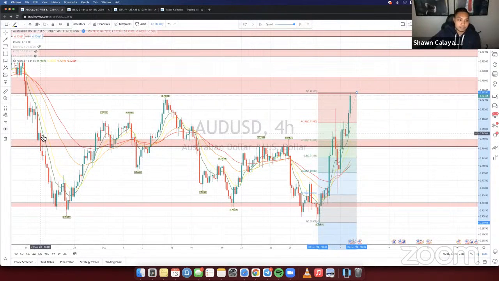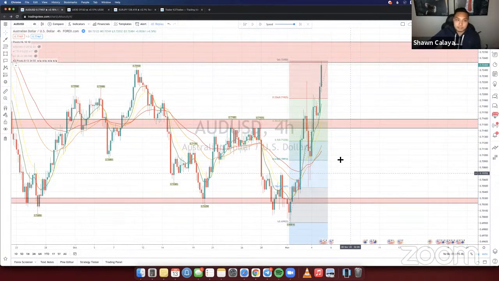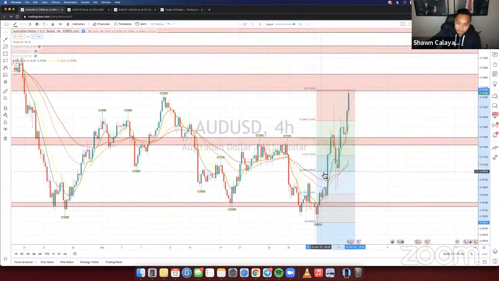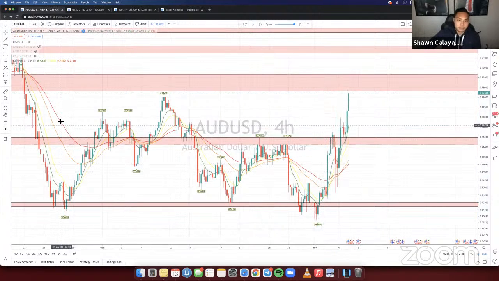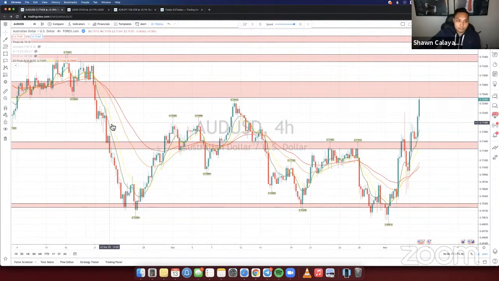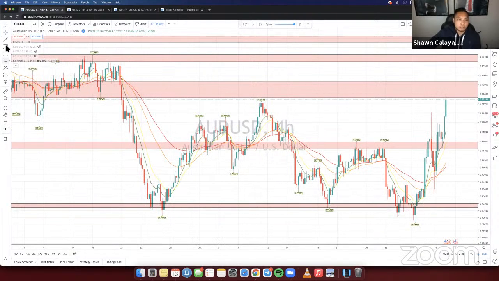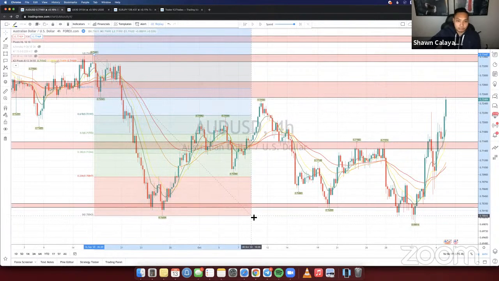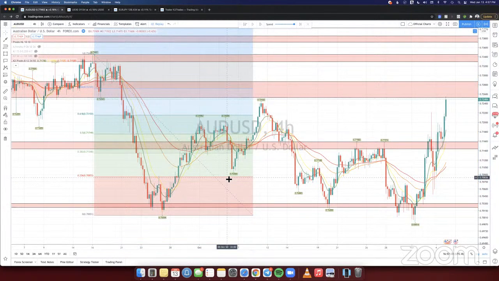I prefer to use the pivots instead, because the pivots move just like the Fibonacci. That's something I noticed from a couple of people in K2 who mentioned it to me. They were saying that the pivots are basically just a dynamic Fibonacci, like the levels of a Fibonacci when it comes out to retest. Yeah, except instead of you drawing your Fibonacci, you're just following the pivots as it moves along with it. So you don't have to do any actual work, right? It just keeps pulling up and then it swings back down. That is very true, actually. That's very unique. I'm gonna have to look into that.